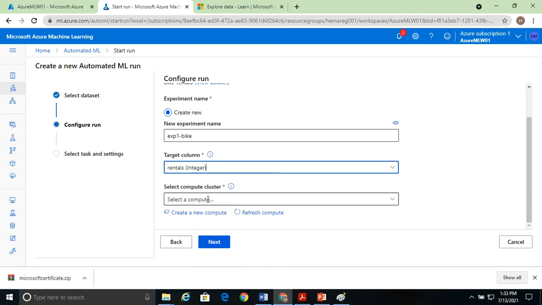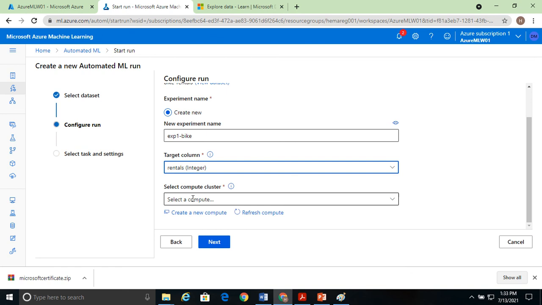And the next thing you have to do is click on the compute clusters. Now what are these compute clusters? It is nothing but where you want to run your model. So the first step I told you was to create the machine learning service, and then you created the workspace and all those things. The next step is you uploaded the data set. And now a very important thing, you have to create the compute cluster.